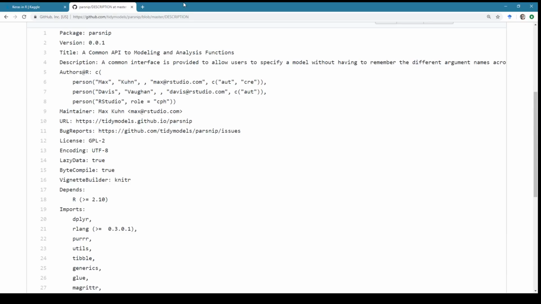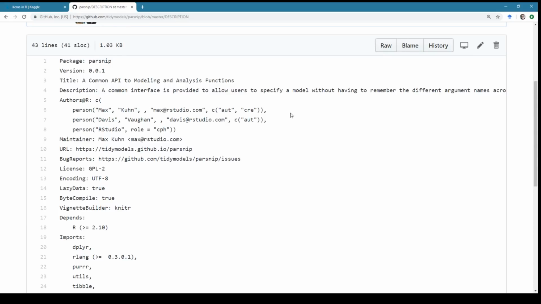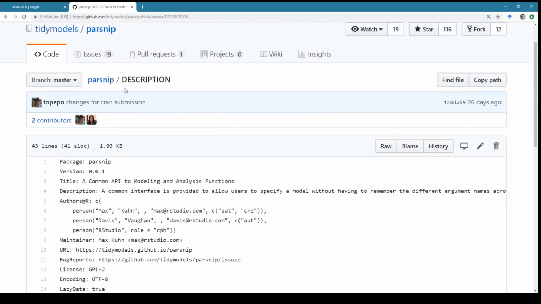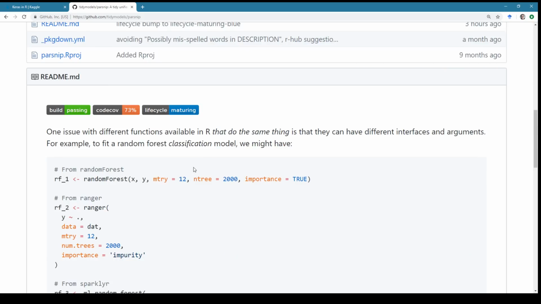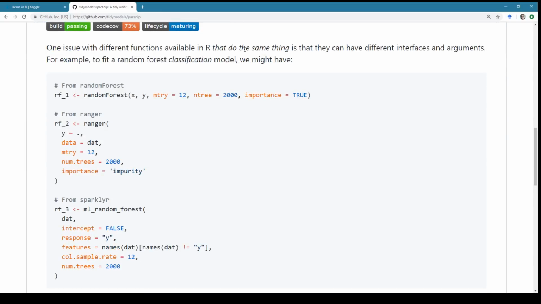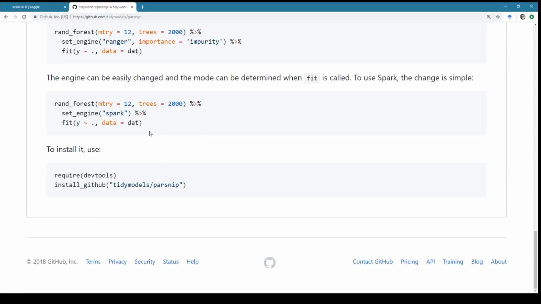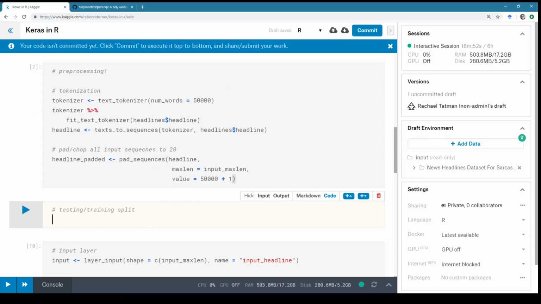It's going to be similar to caret in terms of a way to talk about R models across different libraries. Oh, everyone's working on it. Yeah, so you can see that there's a lot of different ways to do the same thing, and this is gonna make that a little bit more portable between different libraries. So that's really exciting. And I think Max is gonna be focusing on that rather than caret.